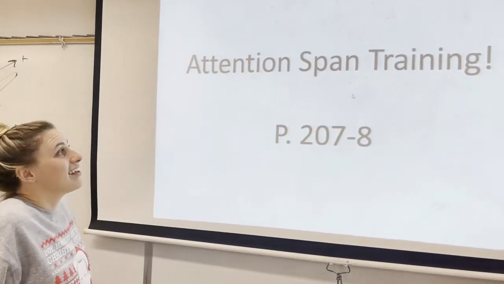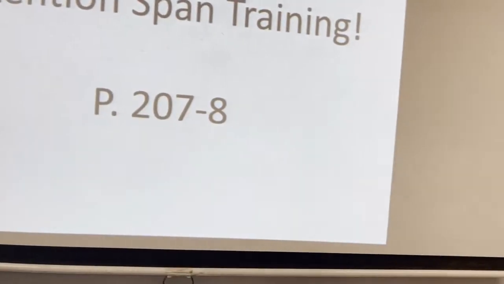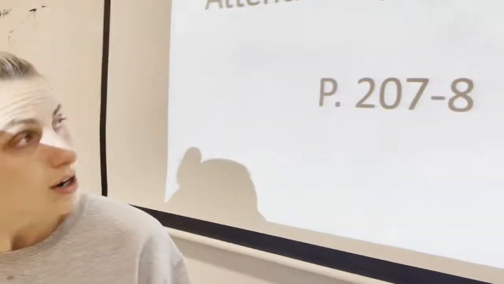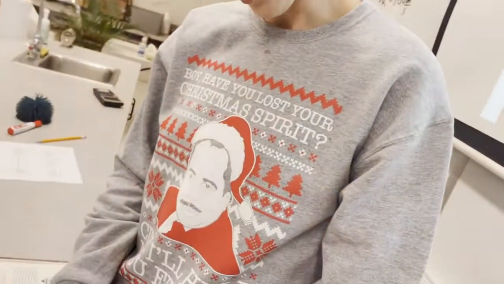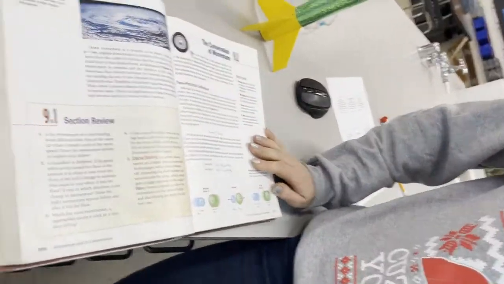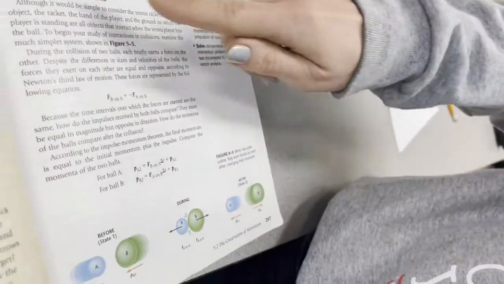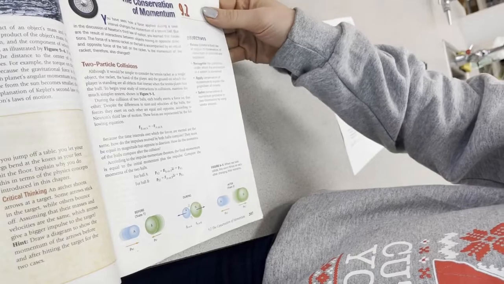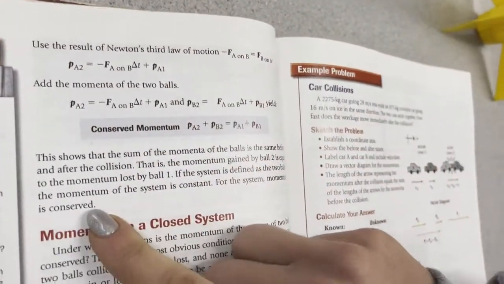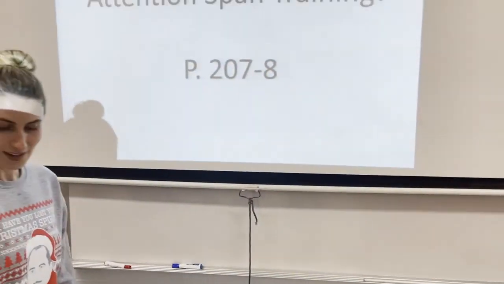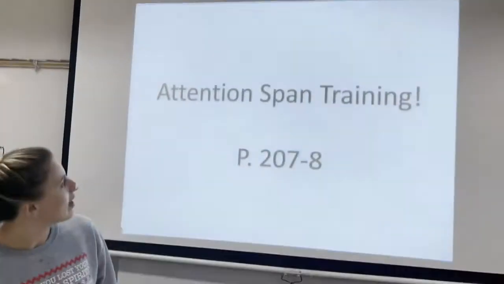Okay, so another attention span training. We'll go to page 207, chapter 9. I want you guys to read from Two Particle Collisions on page 207. Read all the way down through here. Lots of pictures. And then over here, we'll stop right here. Go ahead and read it, and we'll get back with you. Now that you have read the reading,